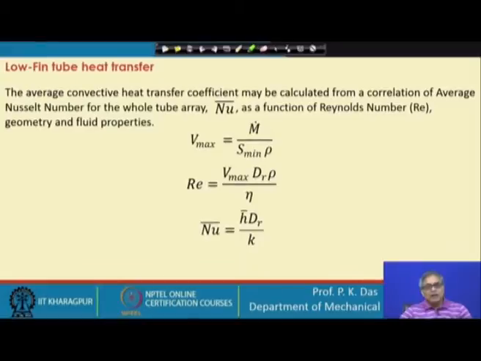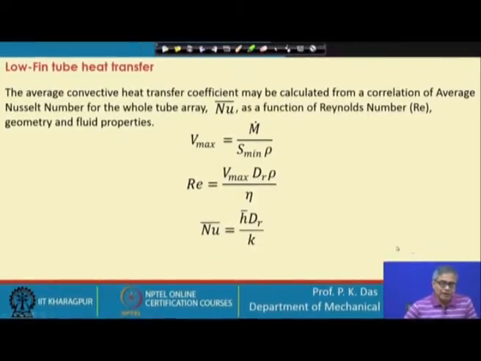Maybe sometimes we will give you a list of correlations, but that is not for memorizing, that is some sort of reference information for you, because heat exchanger design cannot be done unless we use these correlations. In many cases we have to use correlations, and a large number are available, for heat transfer coefficient and for the estimation of pressure drop. So, here let us see how this correlation has been developed.